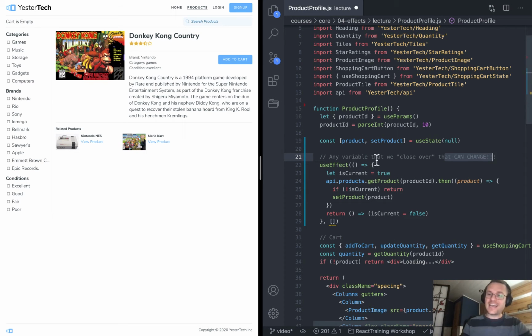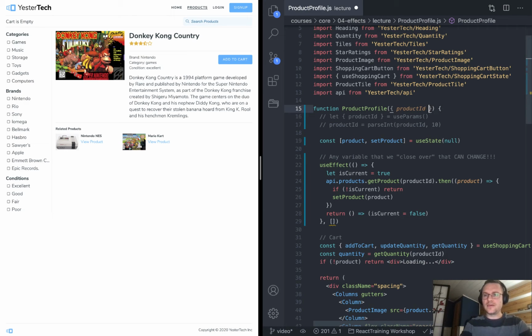You have to understand a little bit more about closure than maybe you've had to with other libraries and frameworks in JavaScript. We're not going to talk about closure in detail, but just know that if there are any variables in here that we refer to that were made on the outside of our effect function, then that's closure. We're closing over those variables. So product ID is something we're closing over. We're not closing over current because that was made on the inside, but product ID was made on the outside. What if product ID was something that came from props,